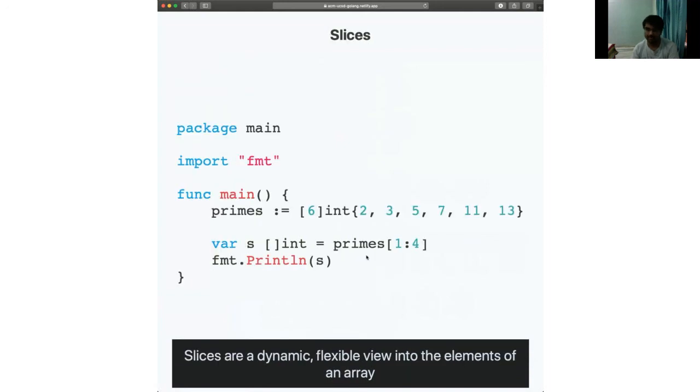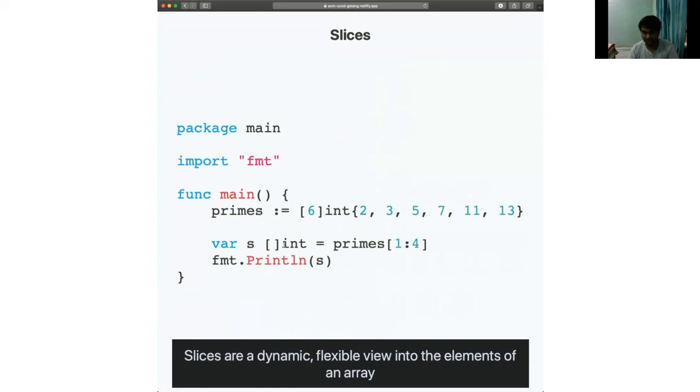Those are called slices, and slices are sort of like a dynamic view into an array. So it's like a smaller window into an array. So how do you declare a slice, I guess? You start with the var keyword, like always. You call the variable name, I guess, s for slice.